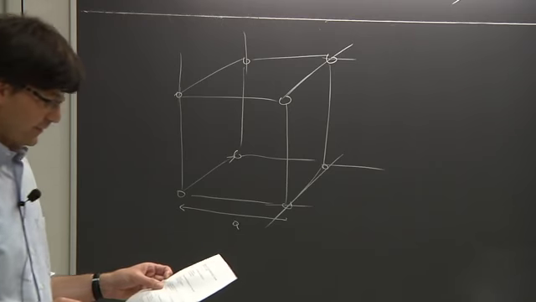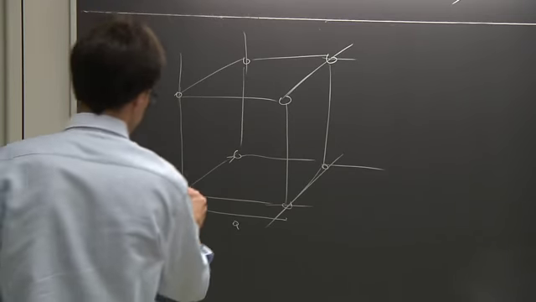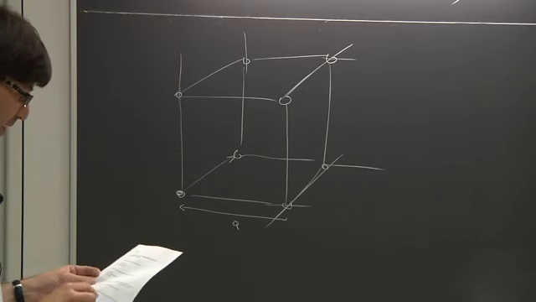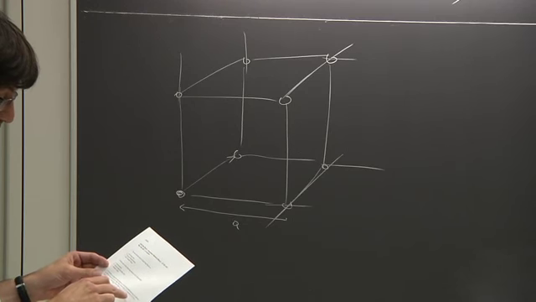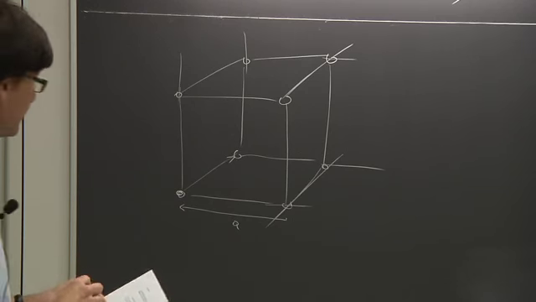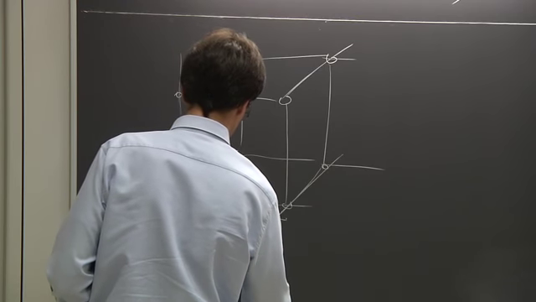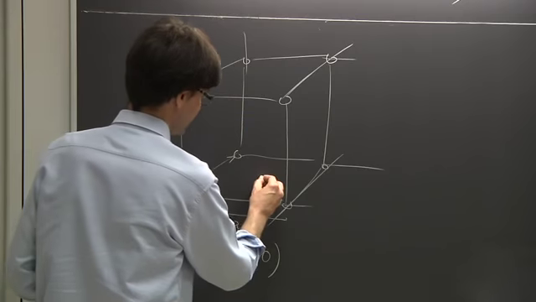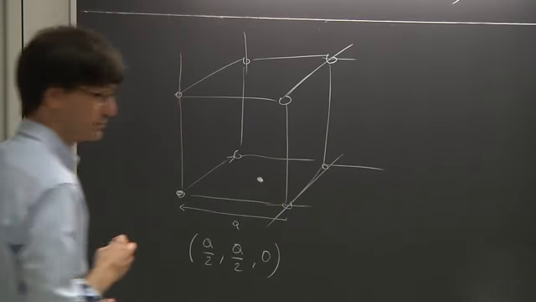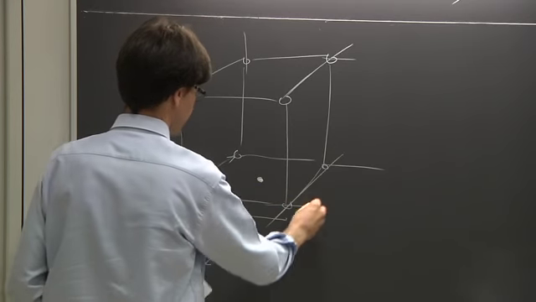And I'm placing an additional point in addition to this one. I place it at the center of the basal face, that is at position a over 2, a over 2, and 0, right? So we're placing this new point here, correct? If this is Z, this is X, and this is Y,